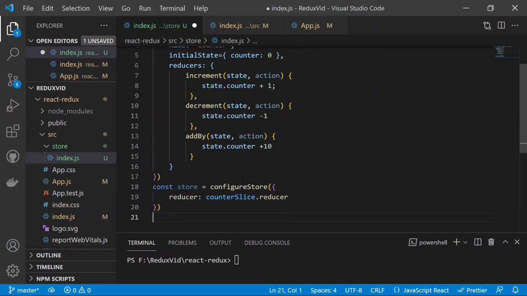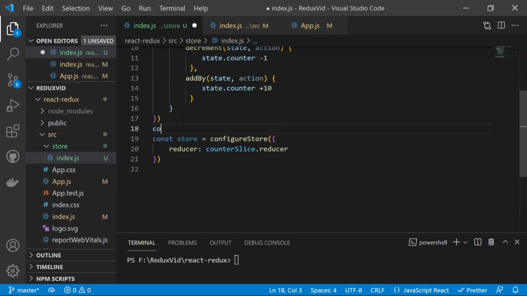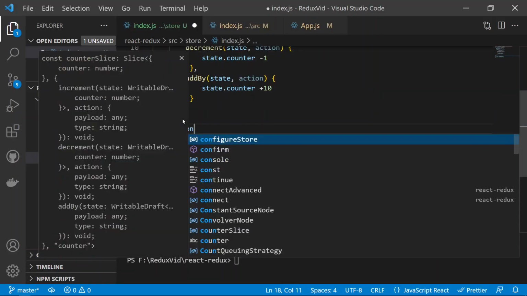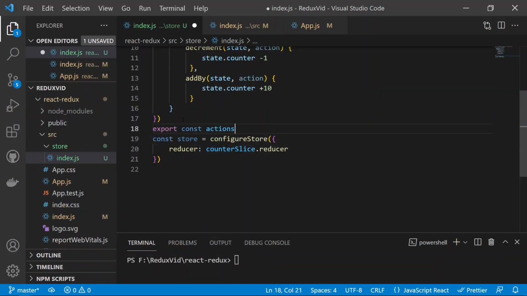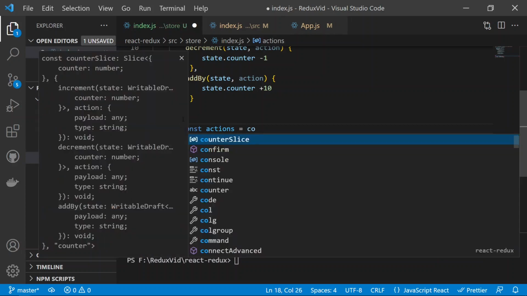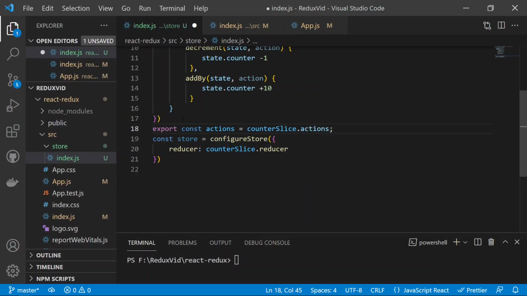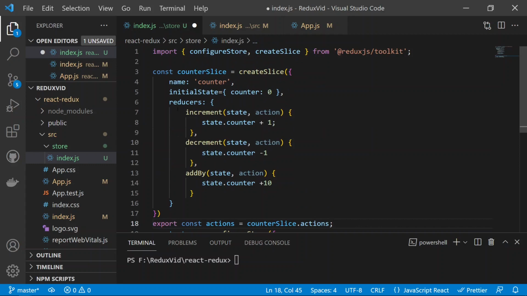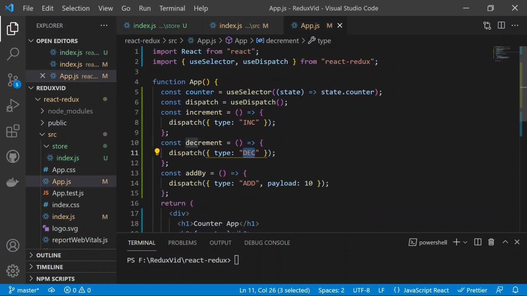So if I will now save, we just have to export the counter slice actions. It will be export const actions equals counterSlice.actions. So now the actions which we are writing here will be exported, and then imported in the main app.js file. So if I now save and move on to the index.js, the main app.js, sorry,